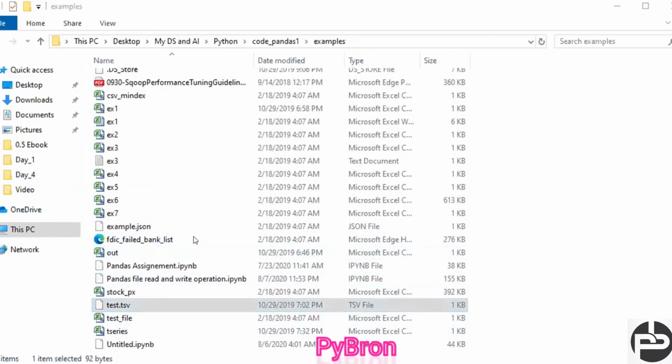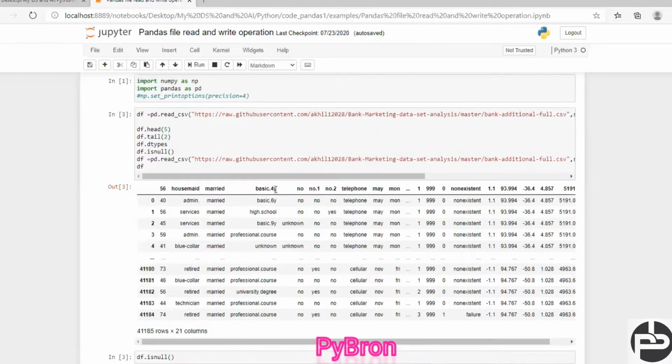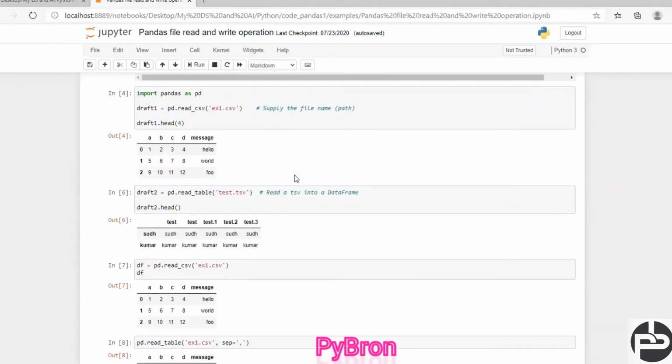Let me open this Excel file, and you can see there is data in it. We have to fetch the data, and how to fetch that data is what we also have to see. Meanwhile, I'm going to share my screen of conda, where I have initialized Jupyter notebook. Everyone knows how to open it, so I'm not going to show that. You can watch my previous video on how to open the Jupyter notebook.